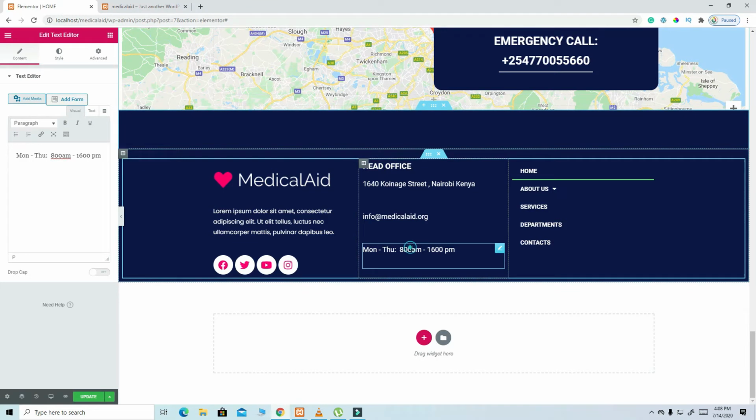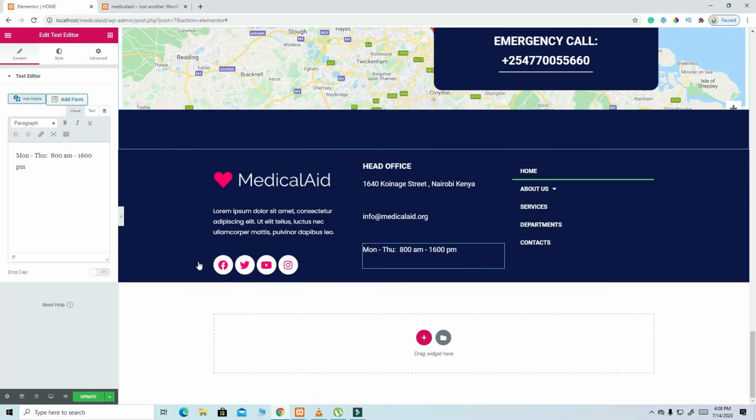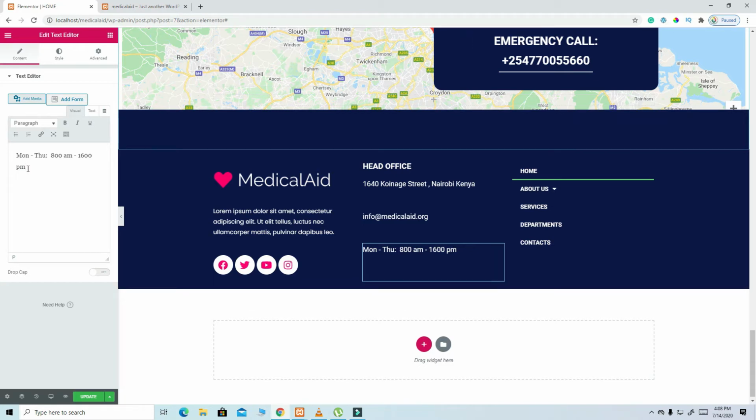So this one I'm going to make it like that, like that, and then I will shift enter, and then the other one is Friday